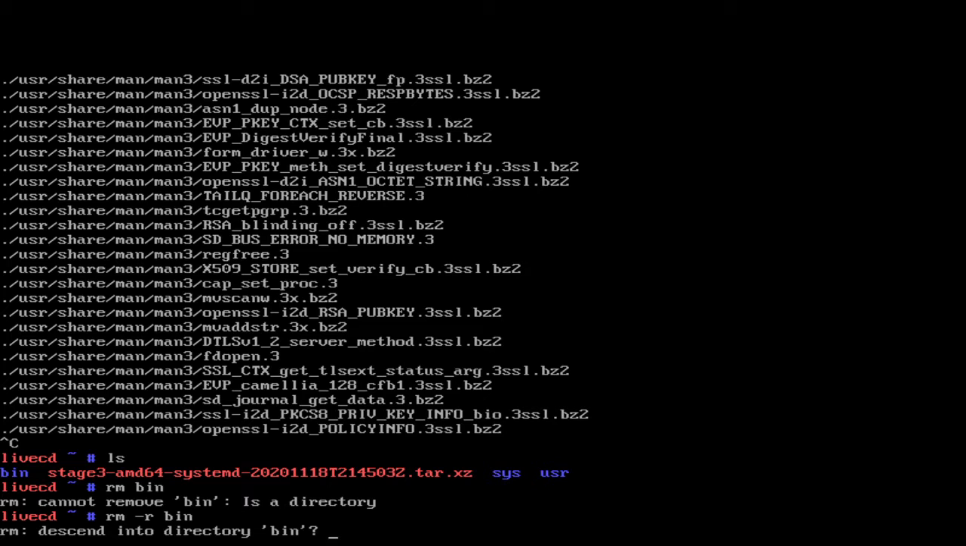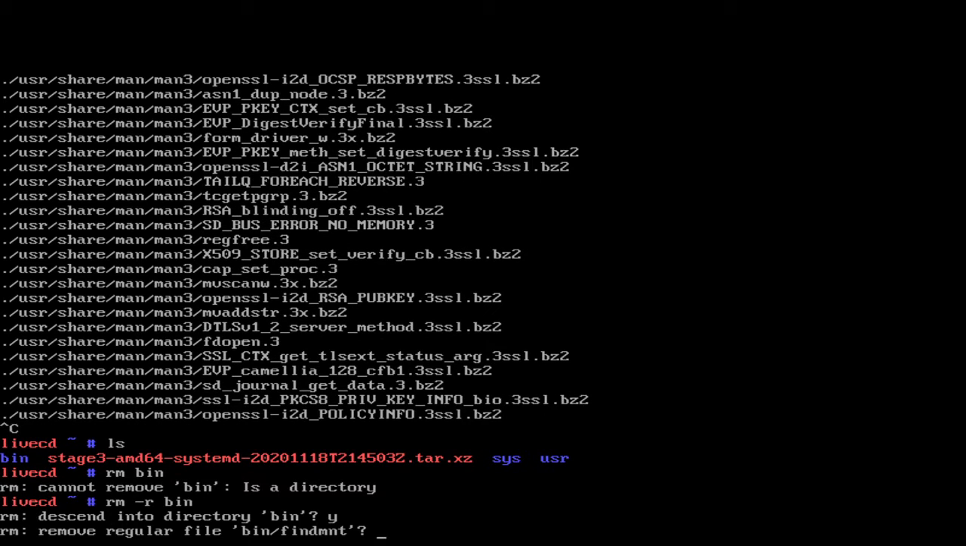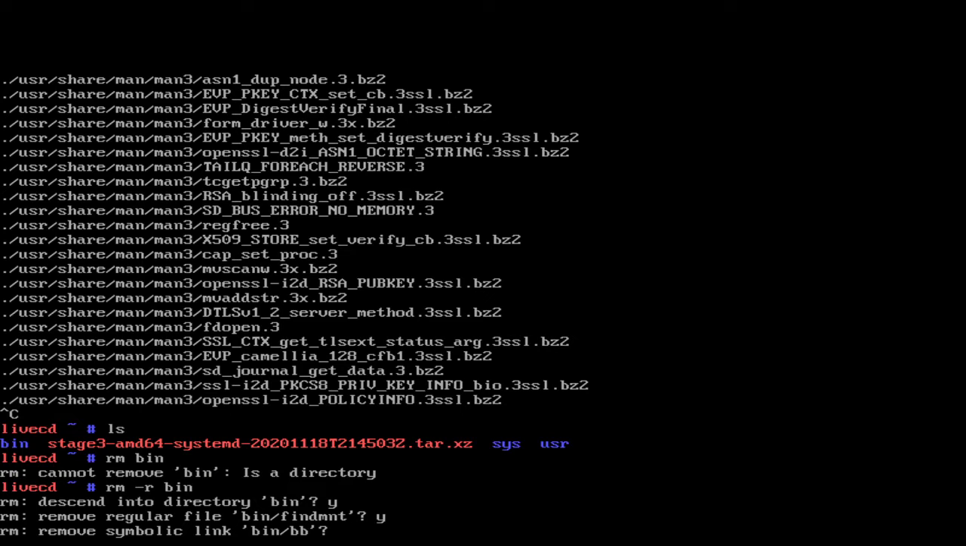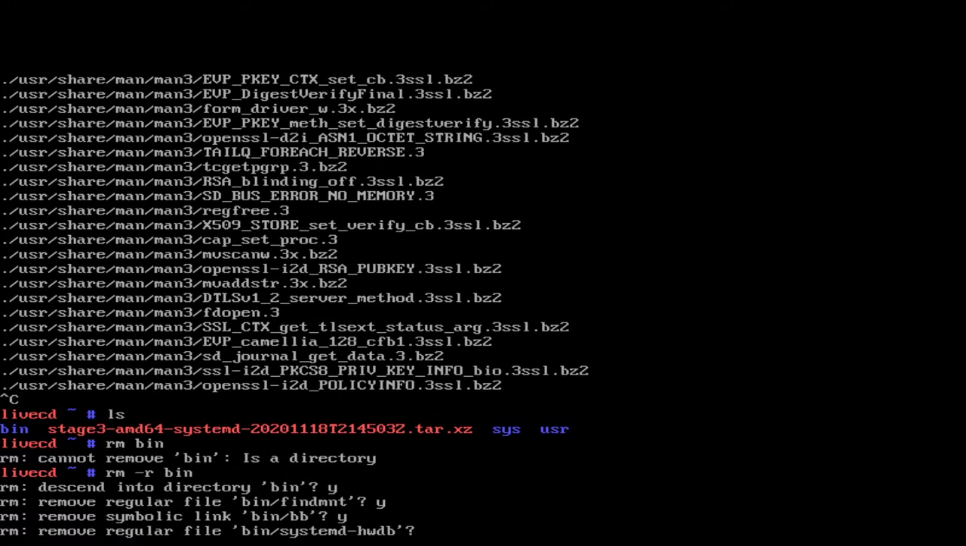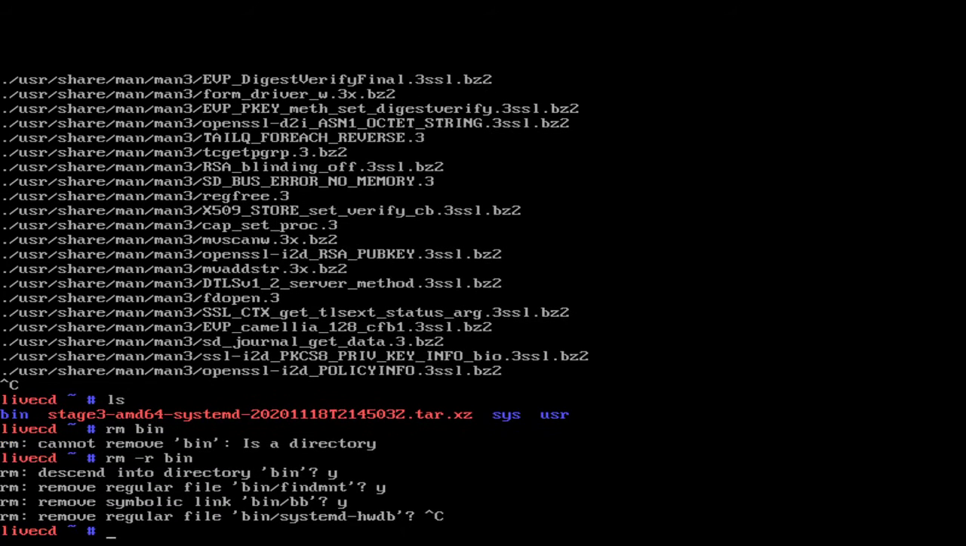Do you want to go into the directory? Sure. Do you want to remove this file? Sure. How about this symbolic link? Okay. This is going to take forever. Control C. And so pretty much most of the times when you want to delete something, you're going to pass